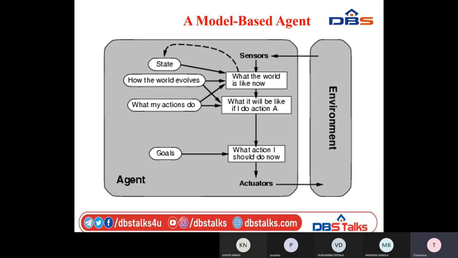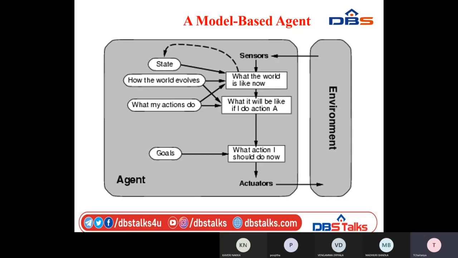Here the machine thinks in a way quite similar to the human brain. That is the flow diagram. Let me assume the agent is here, and this one is the natural environment. From the environment we are picking the data through the sensors. Then how will the agent work logically, and how is the agent structured?